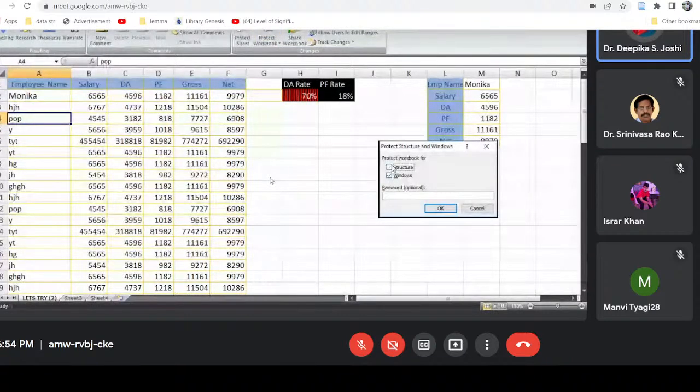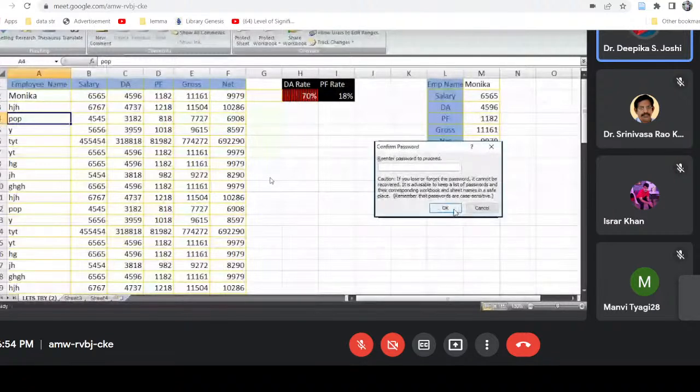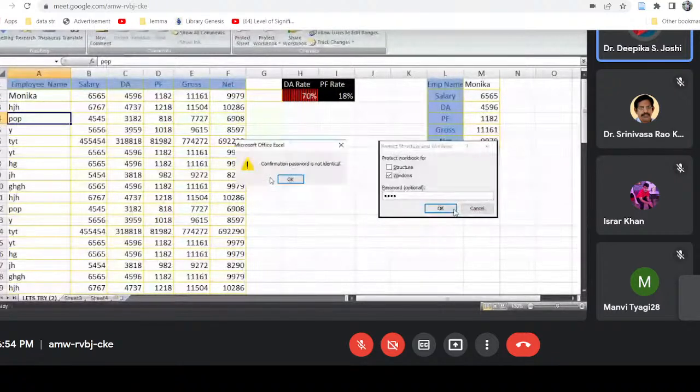Changing the window means I can't resize that window. And I'll have to put a password here, and I'm putting a password, say for example 1234. The password I have given is 1234. Confirmation password